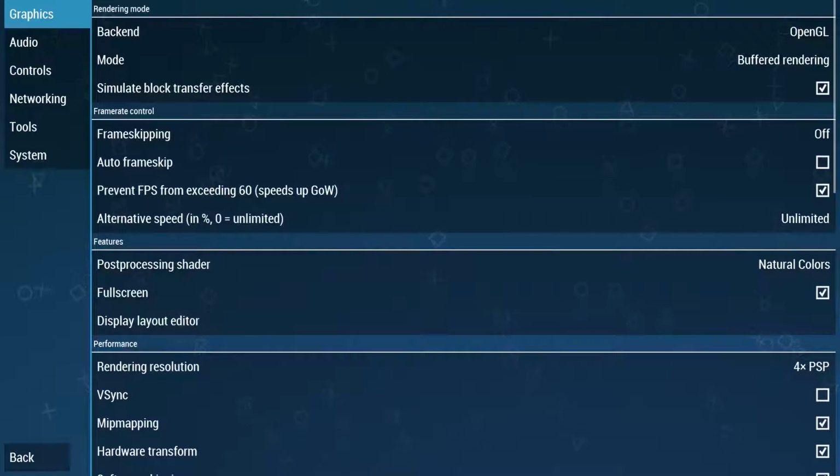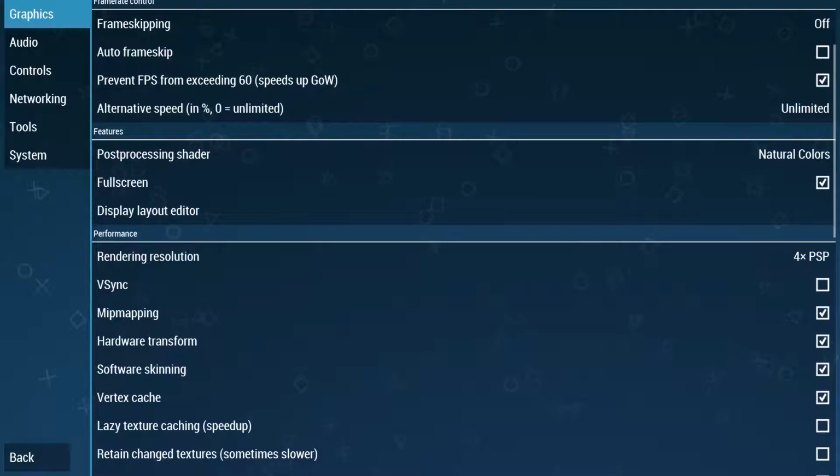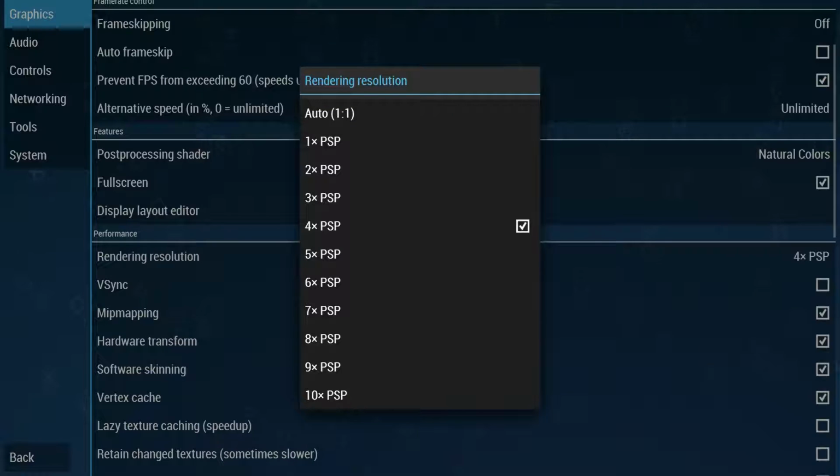So first of all, we're going to go to rendering resolution. This is where we're going to change the internal resolution of the game to fit it to HD. Now, the PSP resolution is super small. We're talking about 480 by 272. That's the native resolution of the PSP. If you press 2x PSP, you're going to get to the resolution of the PlayStation Vita, which I believe is like